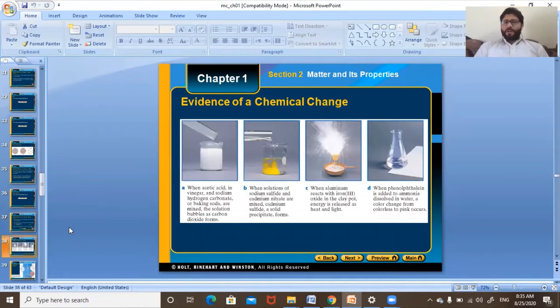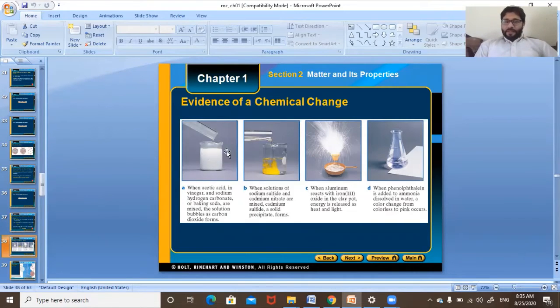Now, how do you understand that a chemical reaction takes place? For example, you're going to a laboratory, you're doing different sorts of experiments. So how do you understand that a chemical reaction is going to take place? Now, there are many methods in order to understand it, but we will discuss some of the methods over here now. The very first method is